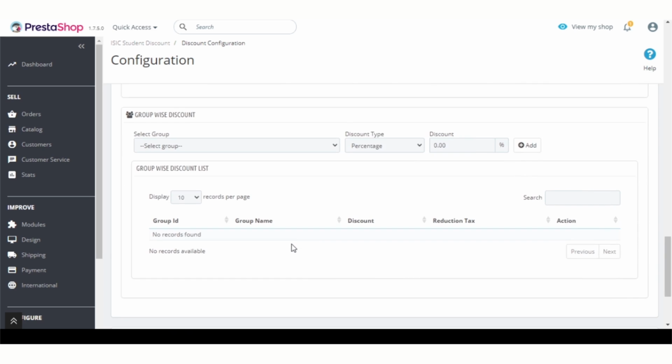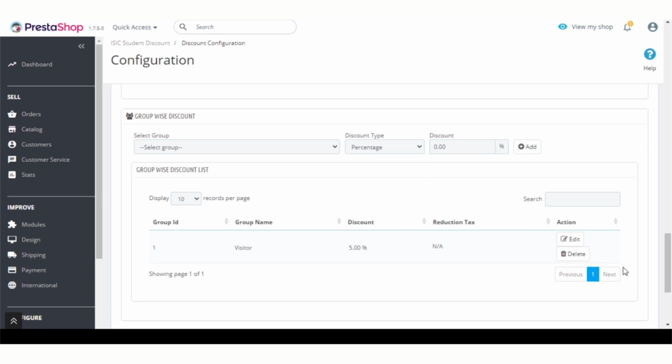And under group wise discount, admin can select the group whose customers can avail the ISIC discount on the purchase. Suppose admin has selected a particular group and set the ISIC discount value from here and add it.